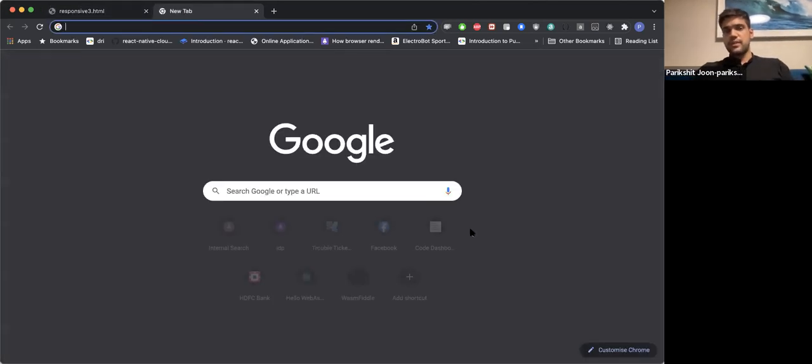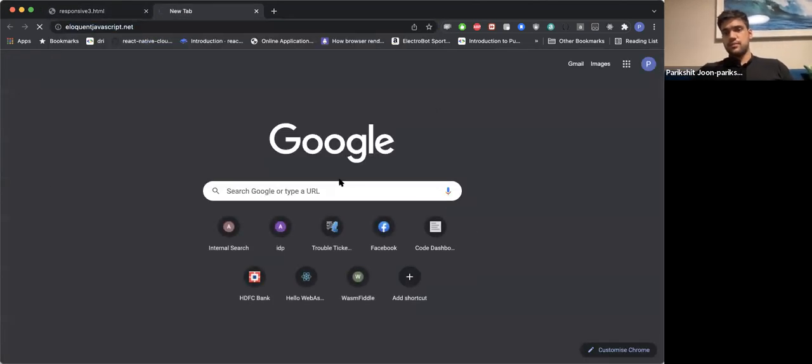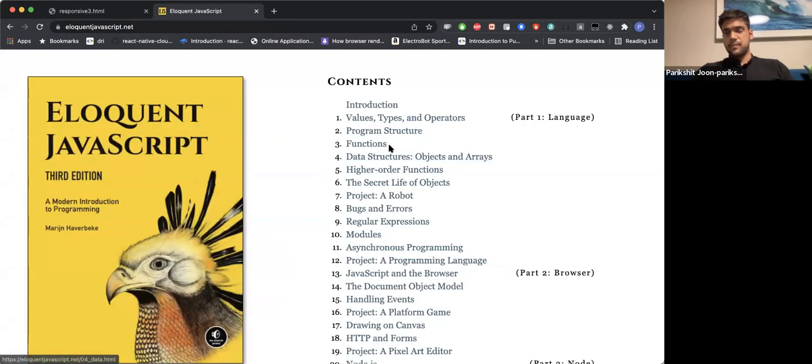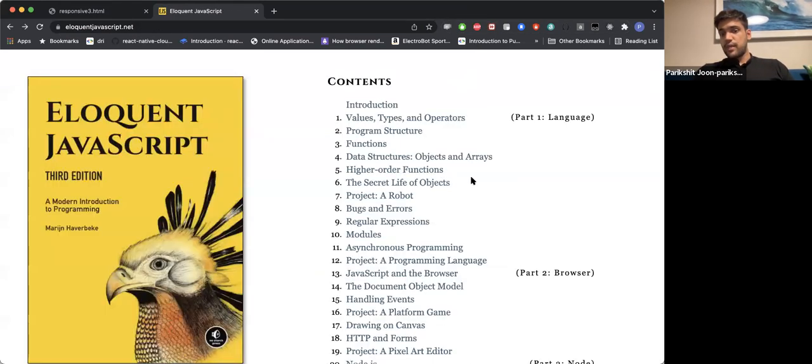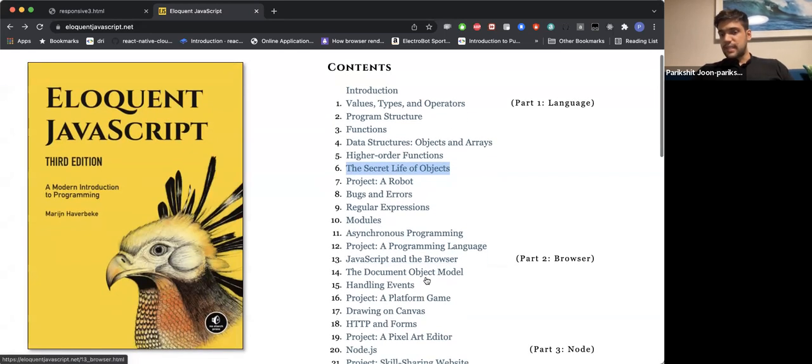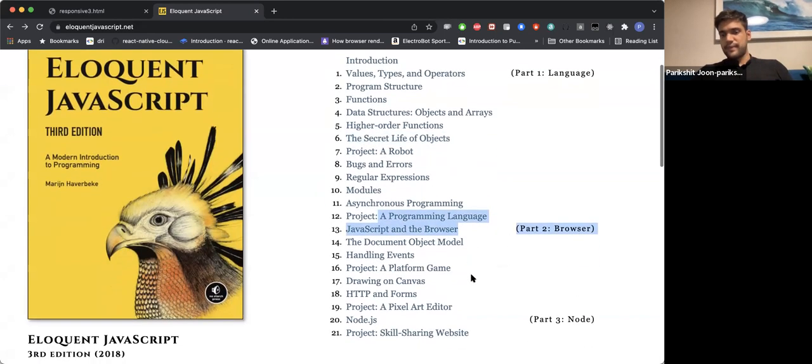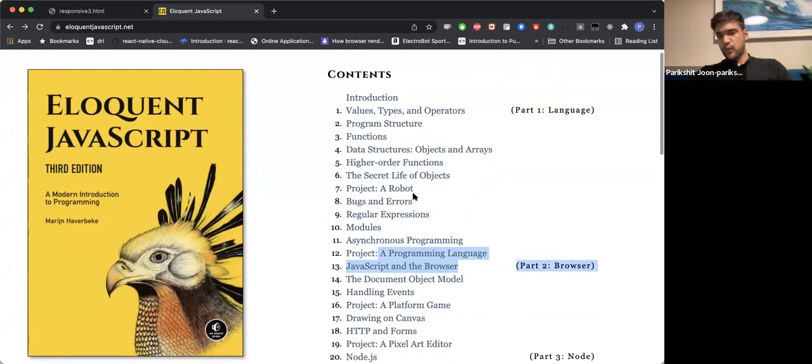4th chapter is on functions, right? I'm sorry, 3rd chapter is on functions, right? And then we have higher order functions. Now you can read up till the 6th chapter, right? See, guys, अपने को यहीं तक पढ़ना है. Okay, your DOM and everything is also there, but that's just good for you if you do that. For learning JavaScript decently, you just have to do it till 11th chapter. उसमें भी बीच में एक project है,